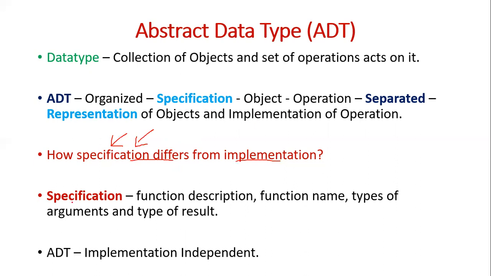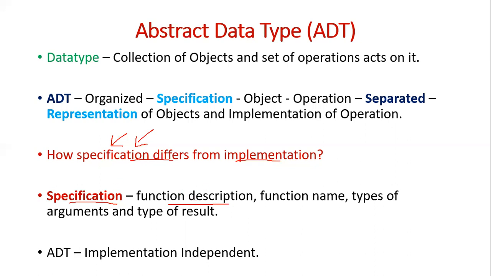So what are the typical specification details of an object? The typical specification details of an object are a function description, which means a description of what this particular data type will do and why it is used. If you take integer, it is a data type. Using this, you can create an integer variable which can be used to store a whole number, negative or positive, and starting from what range to what range. What is the most negative number you can store, and what is the maximum positive number you can store. That is called the description.